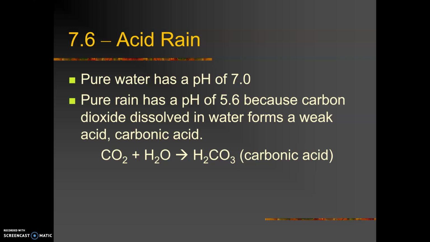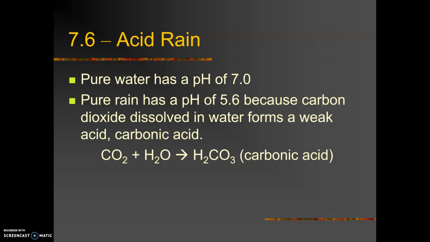Okay, acid rain, 7.6, here we go. So first off, pure water has a pH of 7, and this is because the hydrogen ions have a concentration of 1 times 10 to the negative 7th molarity, and the hydroxide ions in water have a concentration of 1 times 10 to the negative 7th molarity. Because of that, you've got equal numbers of hydrogen ions and hydroxide ions, so you have a pH of 7, a neutral pH. And this is just pure water, so